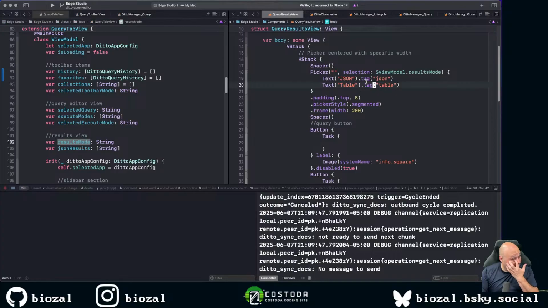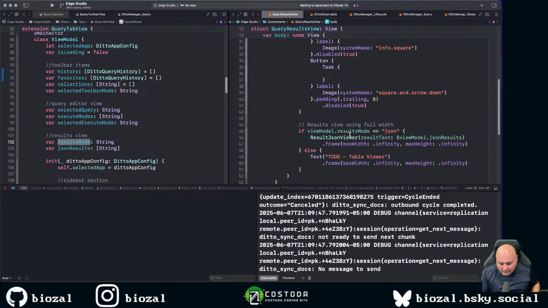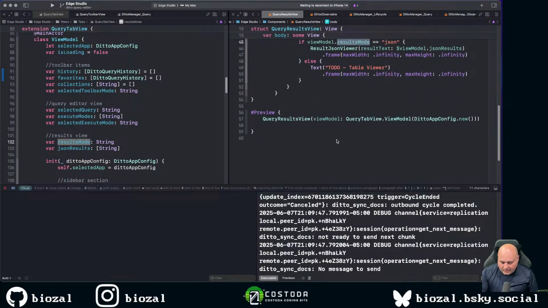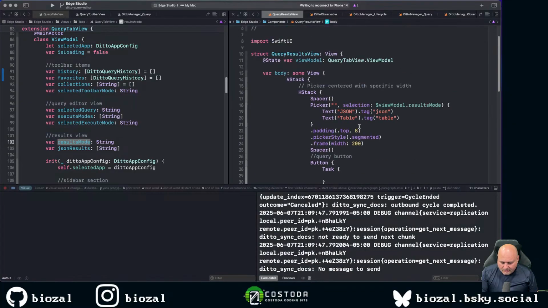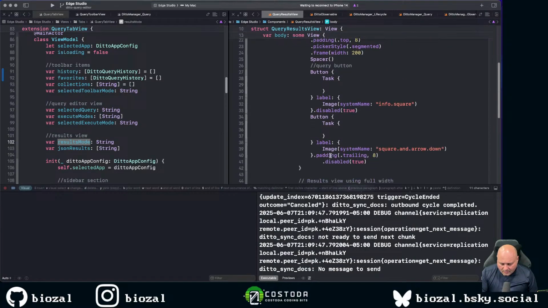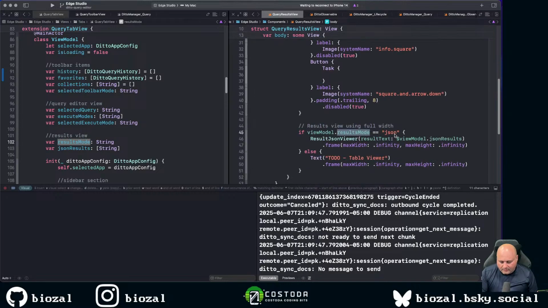But for right now, we'll have to map that in. So we'll have to bring that property in. What else do we currently draw here? We need the result mode here also. We haven't done the table viewer, but we should also need the actual results right here. Okay, yeah, so the JSON results, here they are. And we send that to the results JSON viewer. Okay, so this is the component